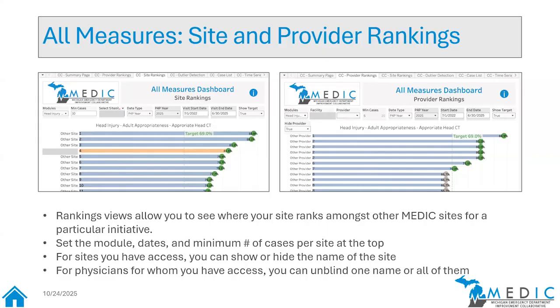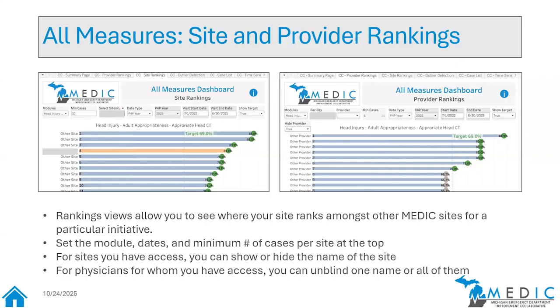There's one view for providers, and then there's one view for sites. The sites view looks very much like the one on the left. It's a ranking of who's performing the best or not the best on a particular metric. The provider view, if you're a clinical champion, you should be able to unblind it if you want to, or highlight a specific provider. The rationale for that is, if you are doing an initiative at your own site where you want to call out your best performers, or help other people by encouraging them to perform in a better way potentially.